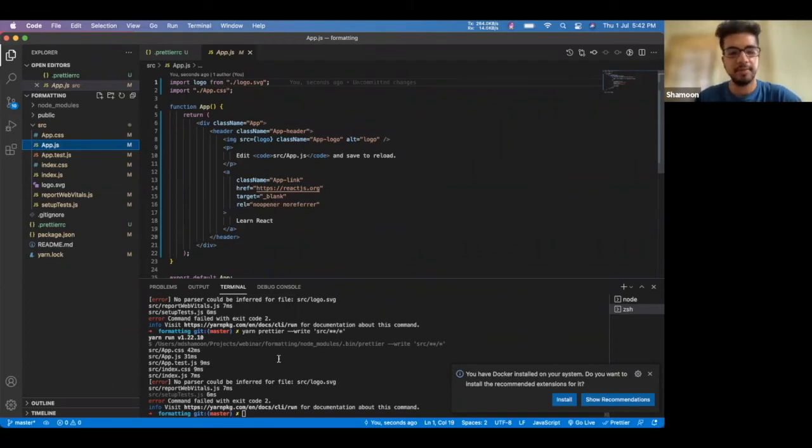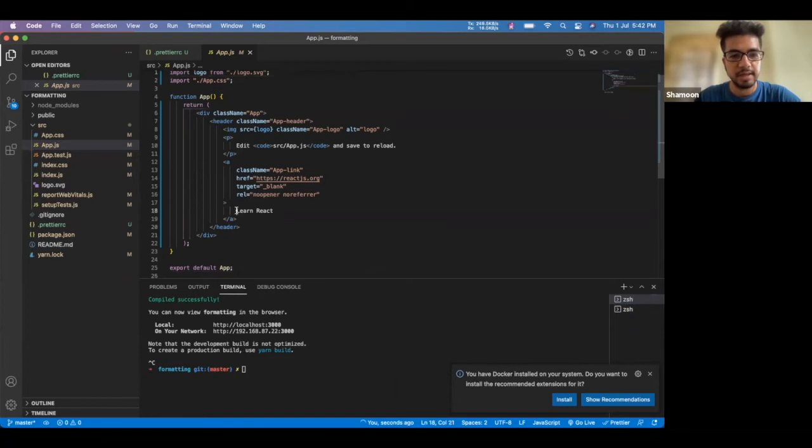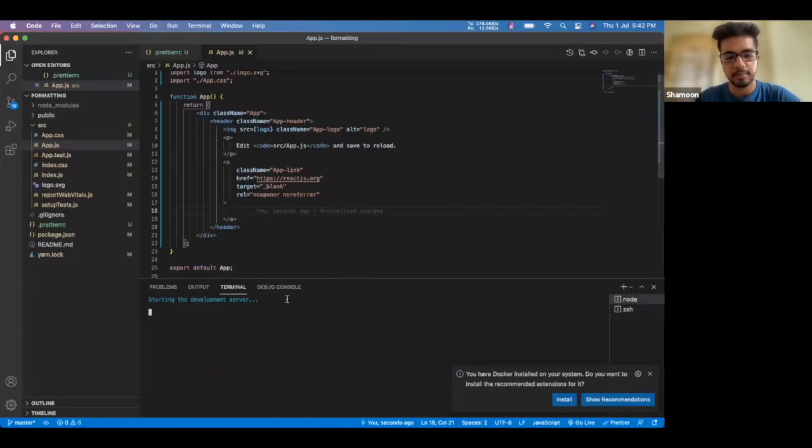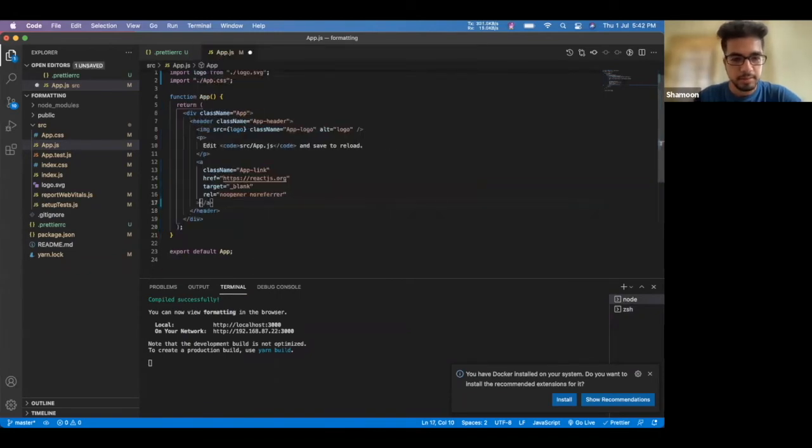Next, we have linting errors. For that, we use ESLint, and when you install a new Create React App, ESLint is already there. So I'll go here, and I will start my server again after making one mistake. Like in an anchor tag, I will not write anything. Okay, so I'll start my server, and okay, my server is starting. Okay, I think I did not save it properly.